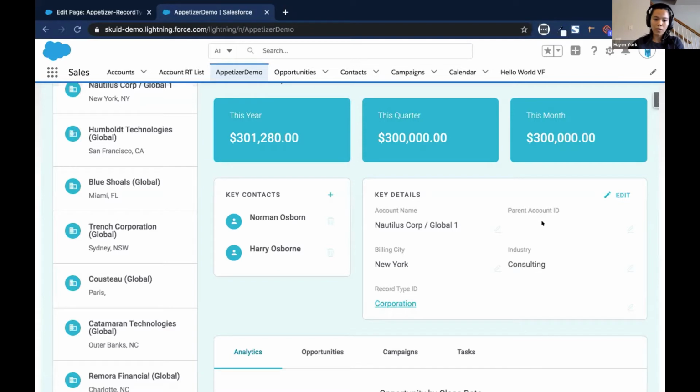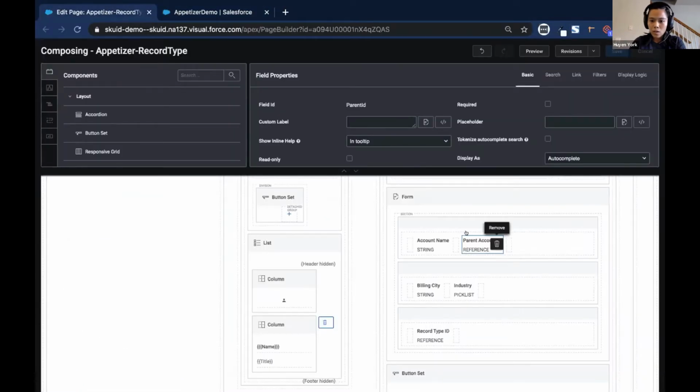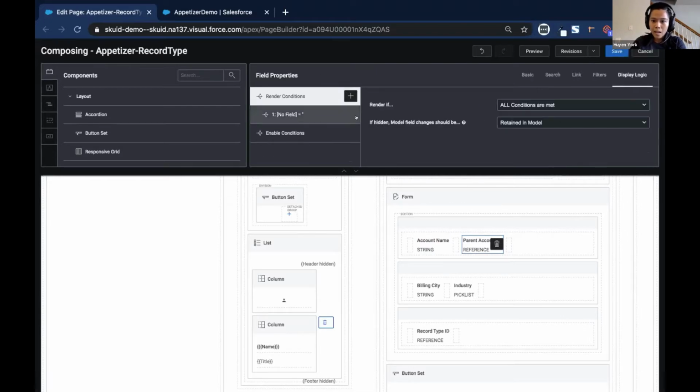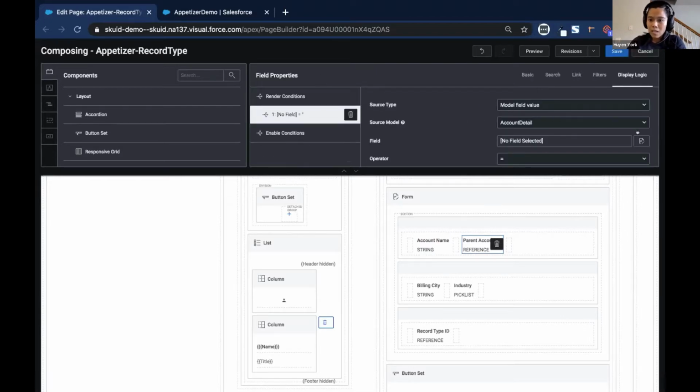You have different page layouts, but what if I want my users to have the same page, but depending on the record types, they see the parent account ID field or not. So I can do that in the page with the display logic. So this is the Skuid page composer right here. And so I have the account name and the parent account ID, and I can add these conditions in here